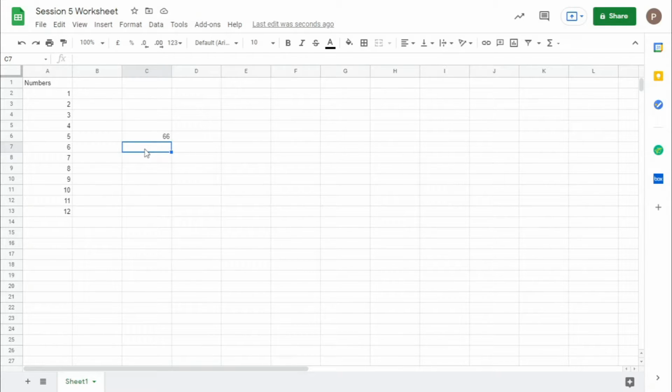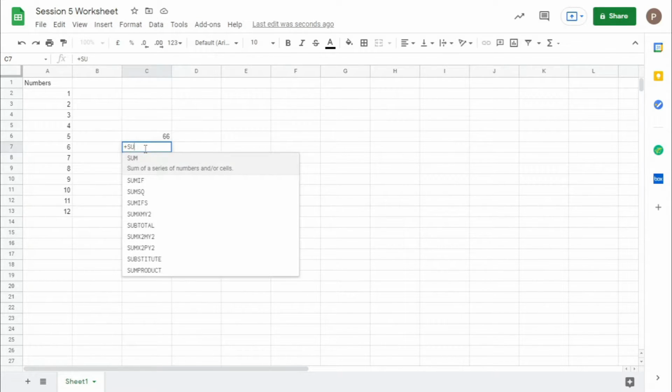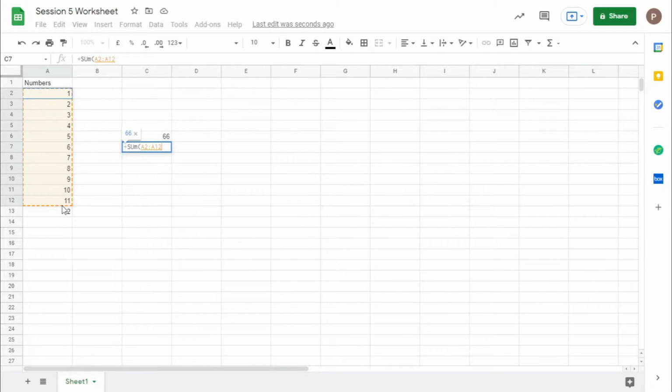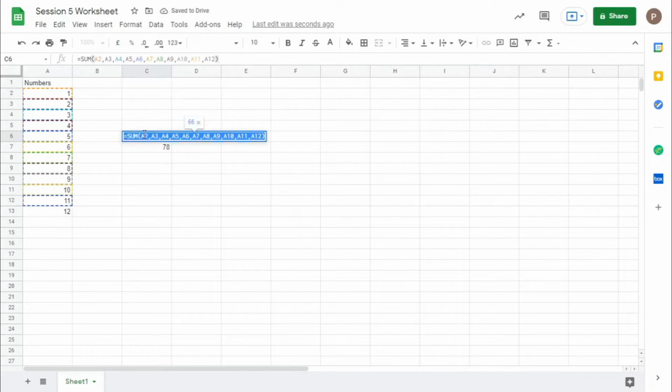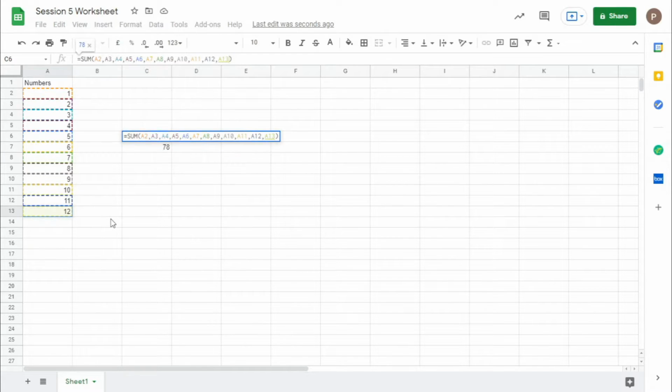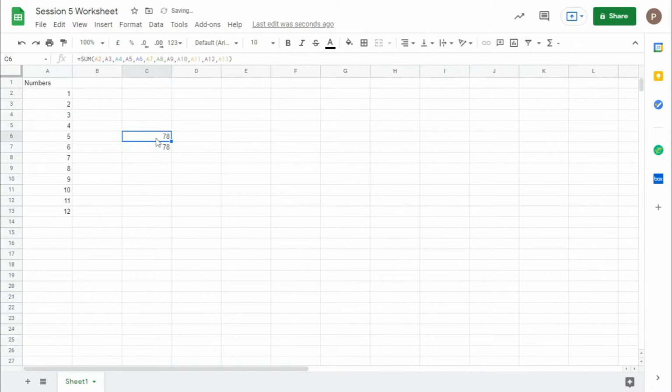And if you don't want to select every value, you can directly select the total range, A2 to A13. It still adds and gives the same value. You can check, both are the same, whether you select each cell individually or the whole range.